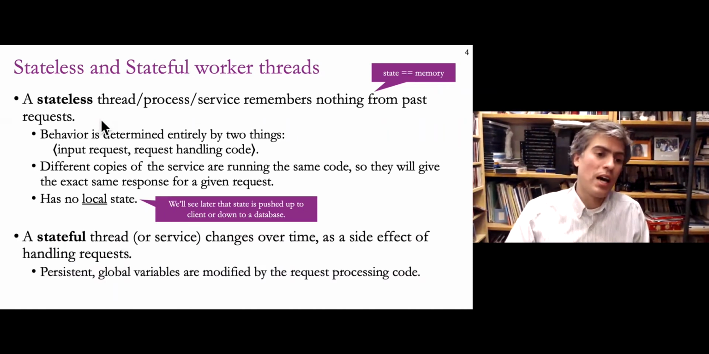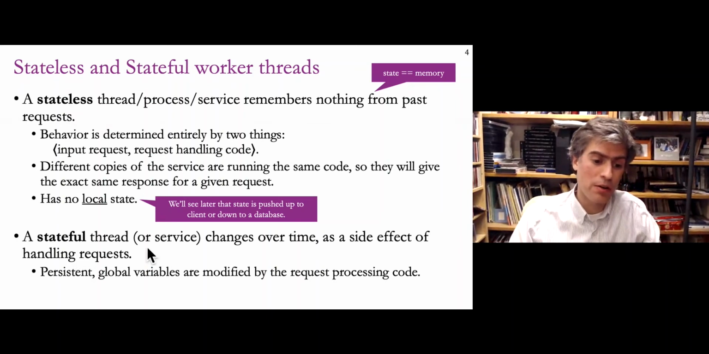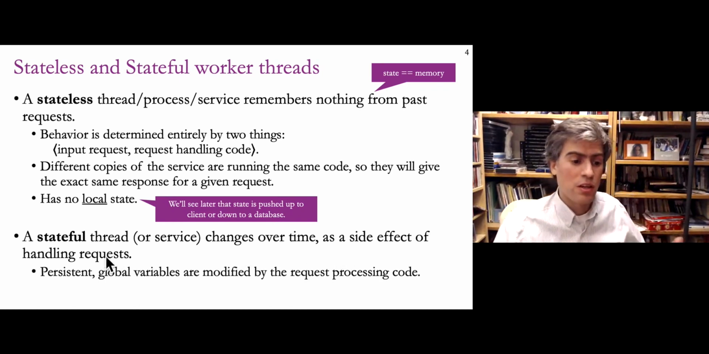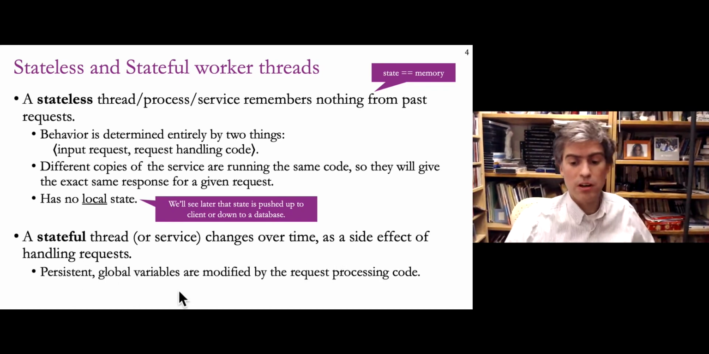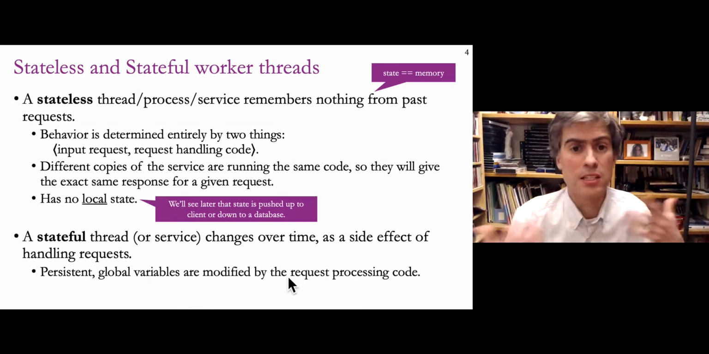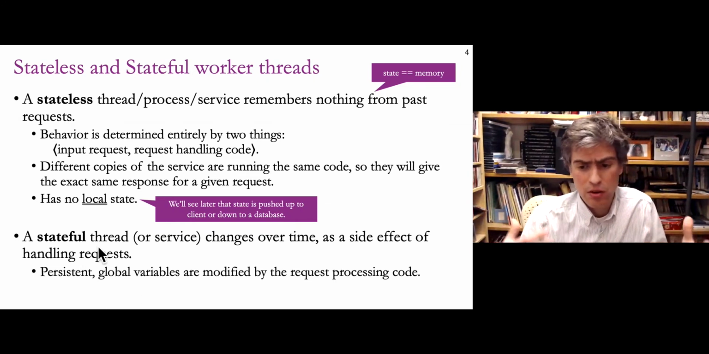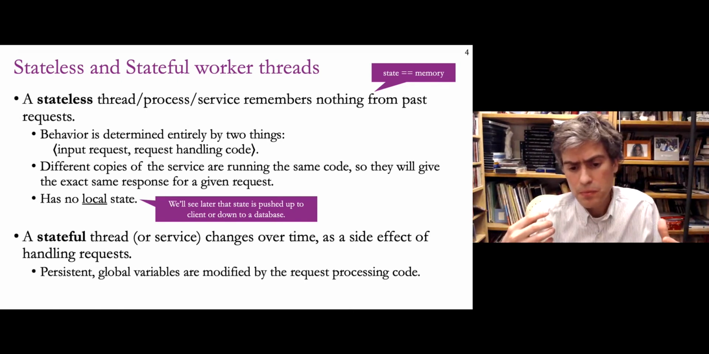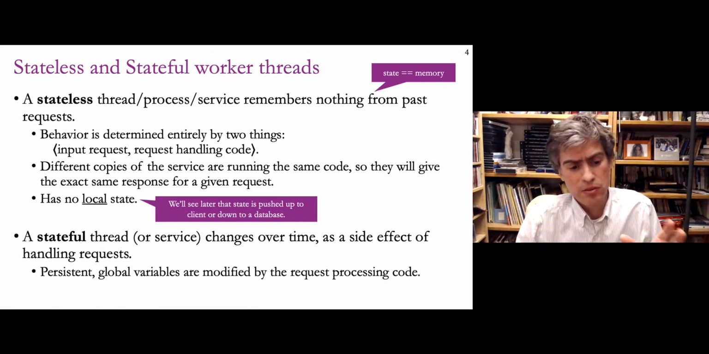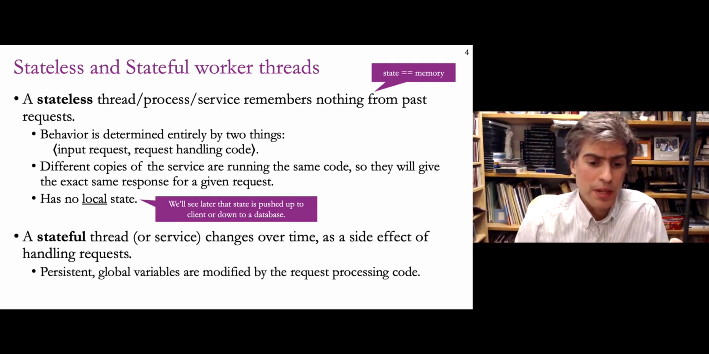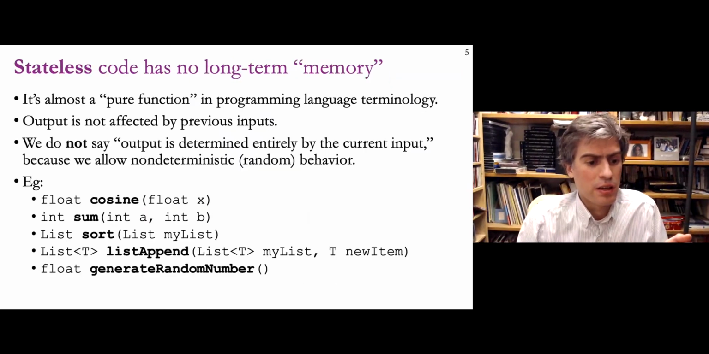Okay. So to contrast with stateless, a stateful thread or service or code or process changes over time as a side effect of handling requests. So a stateful thread can have persistent global variables that can be modified as execution happens. A stateful application, as it's handling requests, can have global variables that change, and the values of those variables can be used to decide how responses are given. And that memory that it has, we call that state. I'll have a couple of examples throughout this lecture to clarify this, and you'll see why this is important